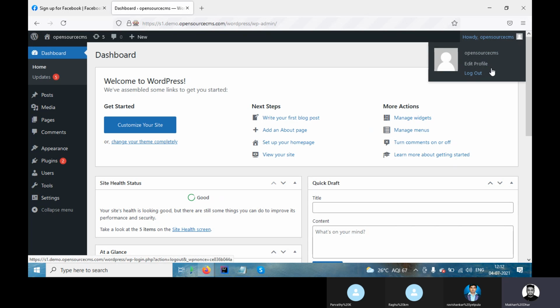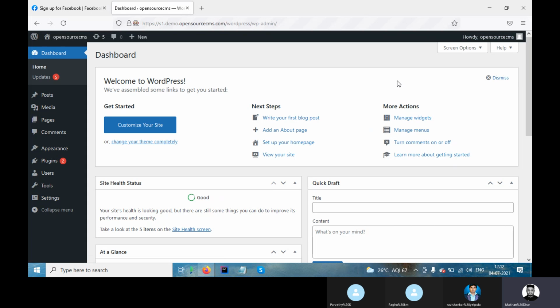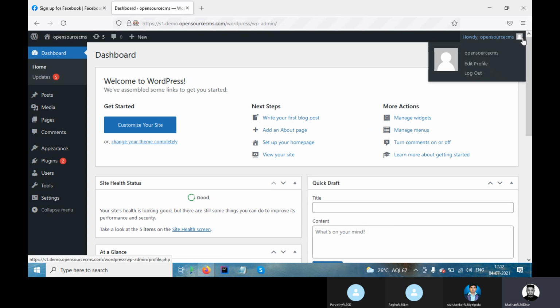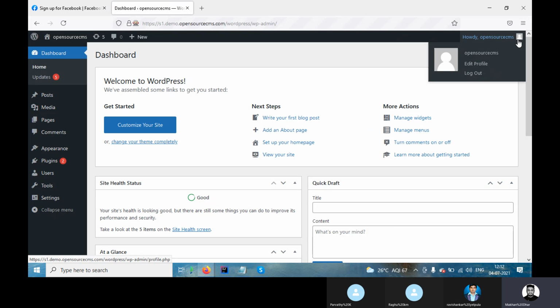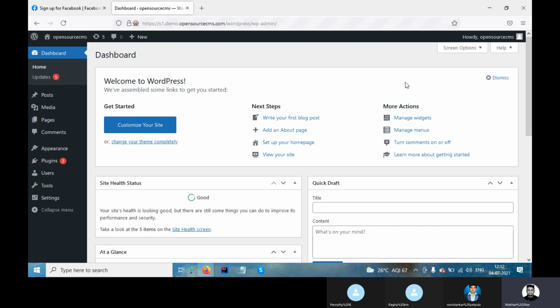So this is one. You can see once I hover over, only then the options are coming. How to deal with that? This kind of situation I will cover next. How to manage this, because you can't directly inspect logout, as it's not displayed here. So we have another method which I will cover.